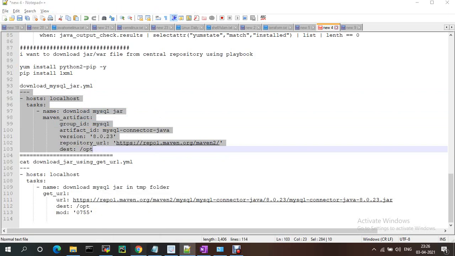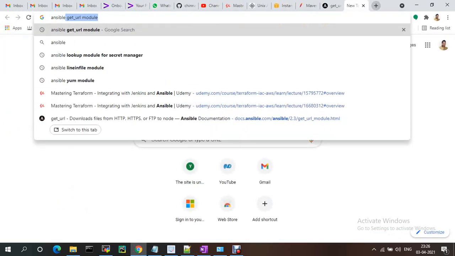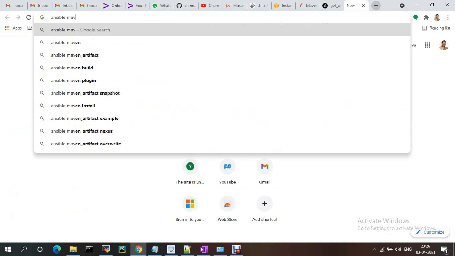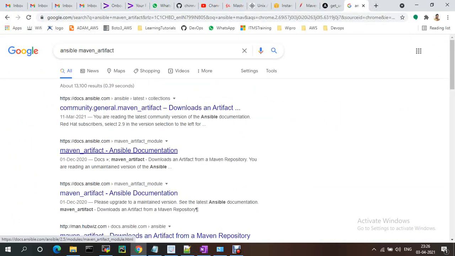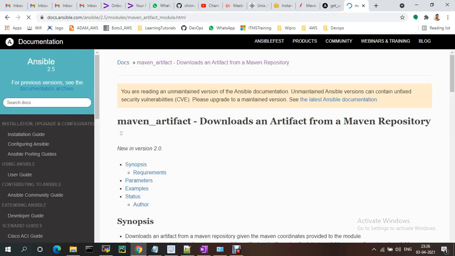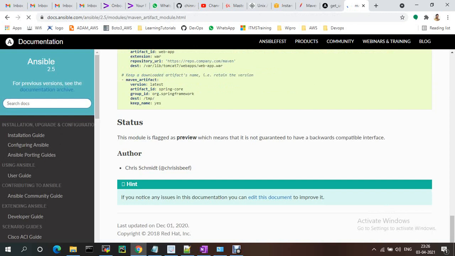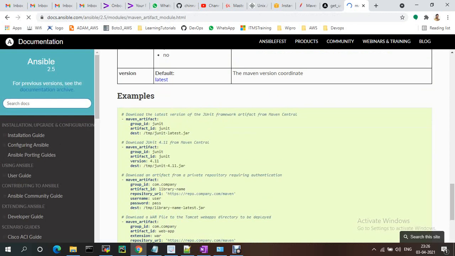So the module is Ansible Maven Artifactory. See the official documentation. See Maven Artifactory, group ID, artifact ID, and the destination. See versioning.